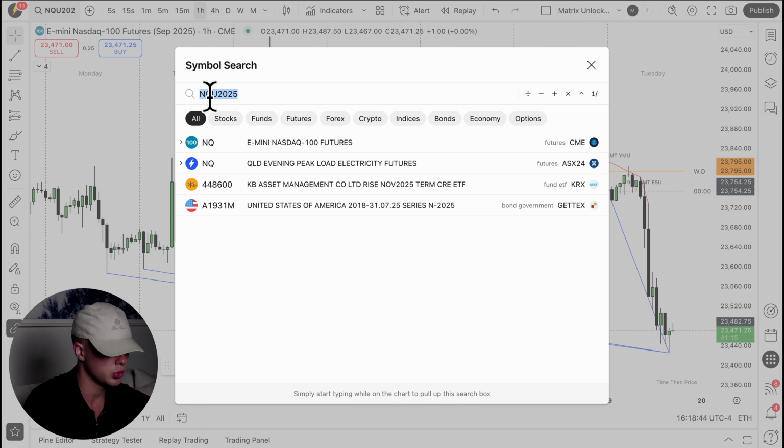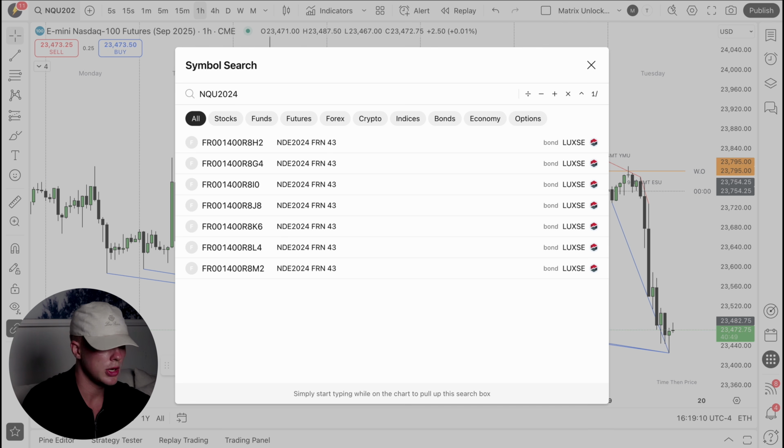Right now, at the time of this recording, it is NQU 2025, which is the September 2025 contract that we're using to trade. If we, however, would say, okay, we want to backtest historical market data, I want to see how the months of the third quarter actually deliver, I'm going to simply go to 2024, 2023, 2022, etc. When you type in NQU 2024, there's no charts that show up. You cannot see anything, right? But here comes the trick. The data is actually there, but all you need to do is press enter.